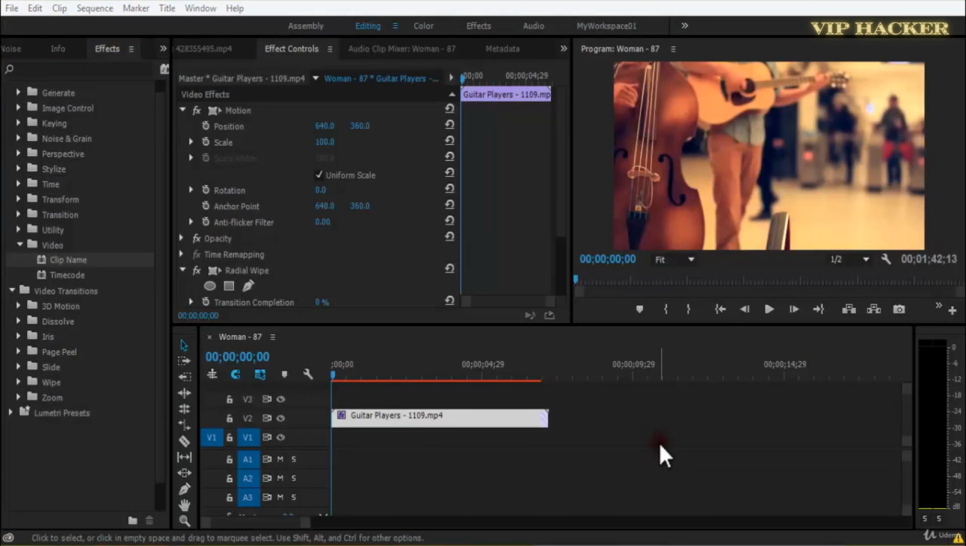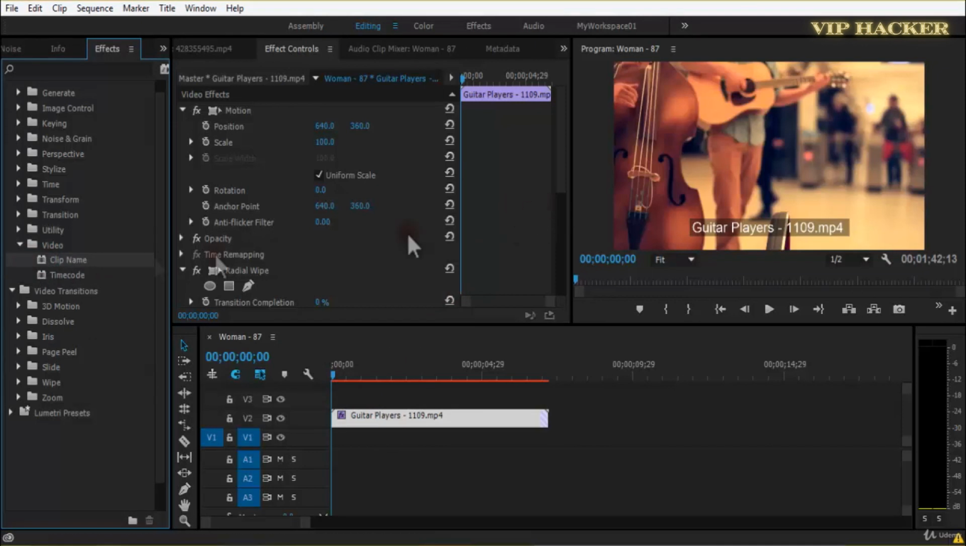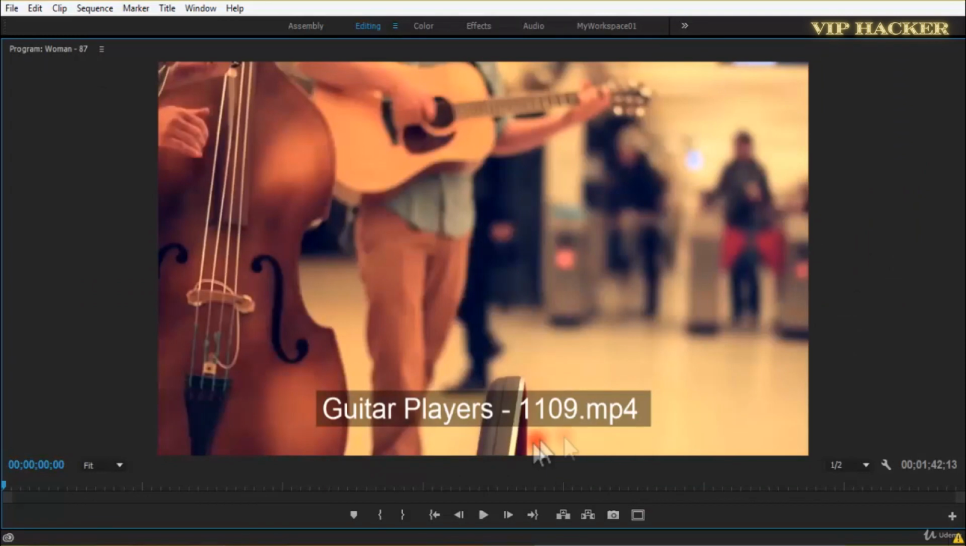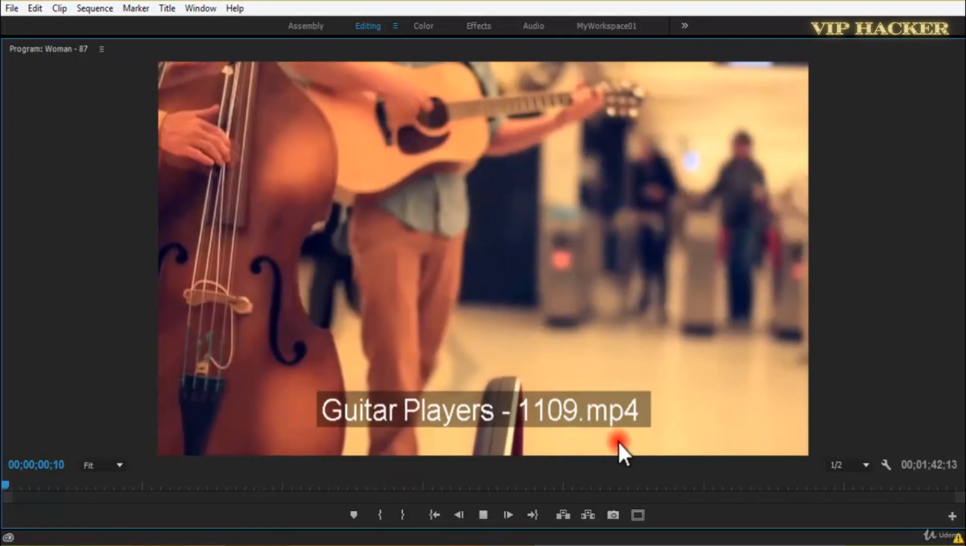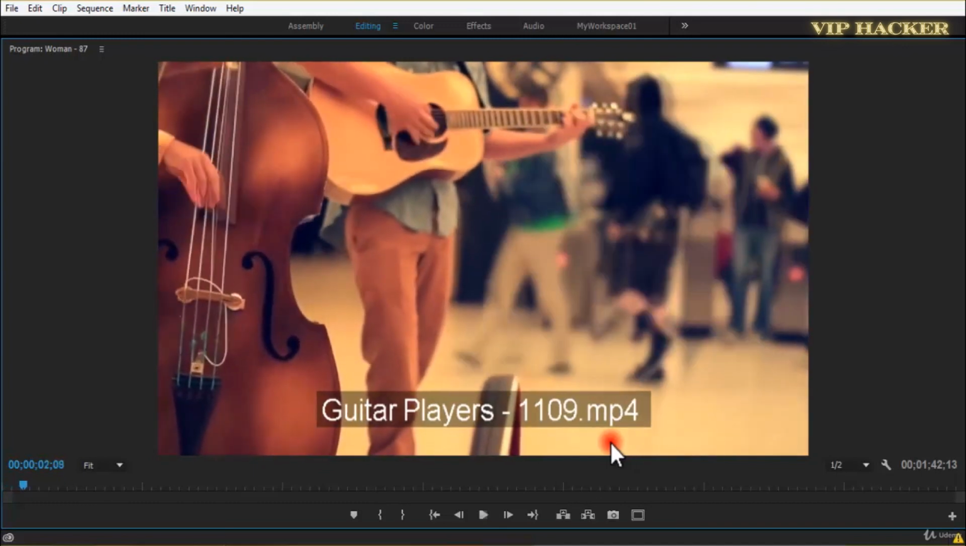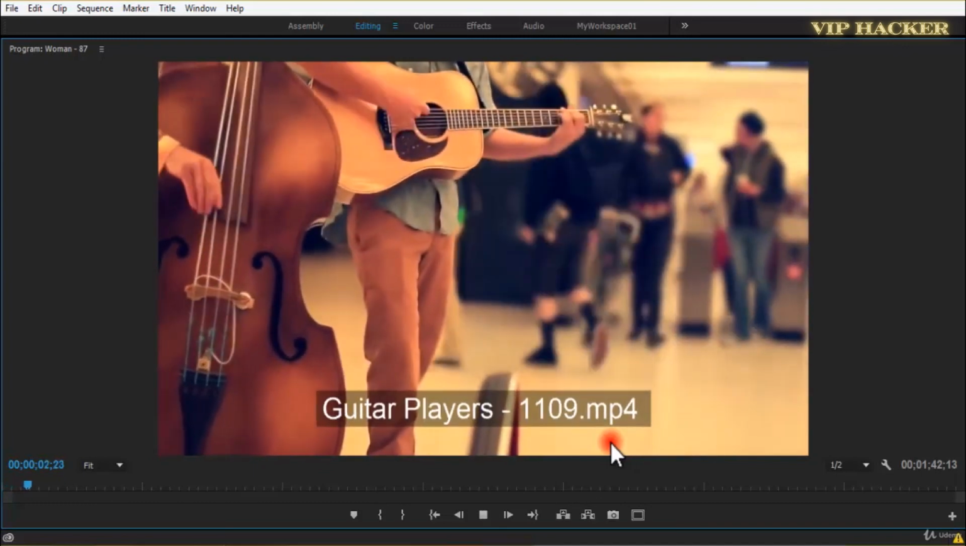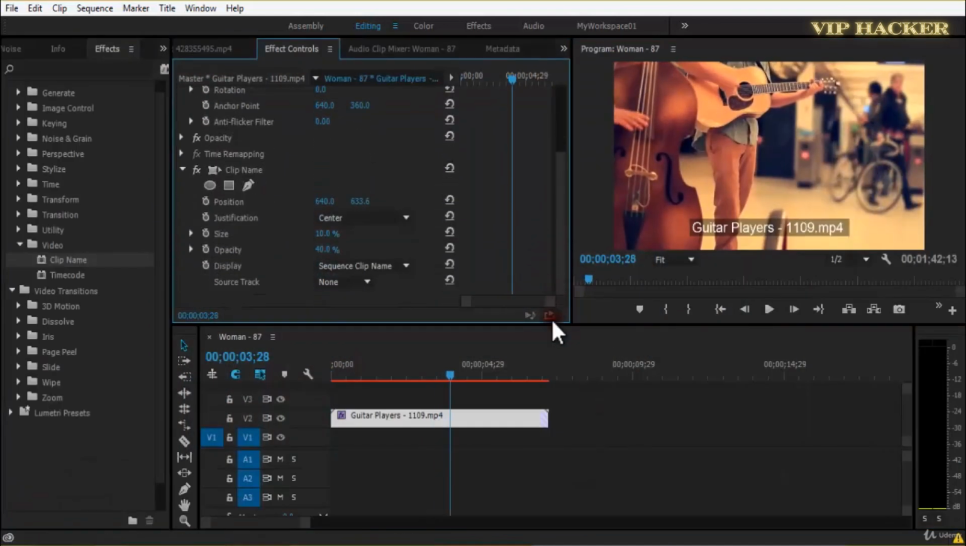Now we would come to the next effect, which is video, and this is the last effect inside the video panel, the effects video panel, and this is clip name. So what if we insert here, and you can see here it shows guitar players 1109.mp4 as this is our video file name, and it would stay here throughout. This is just for in case of labeling your footages if you want to. Generally we do not, as it